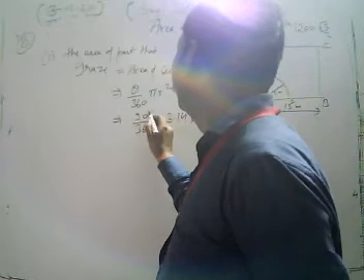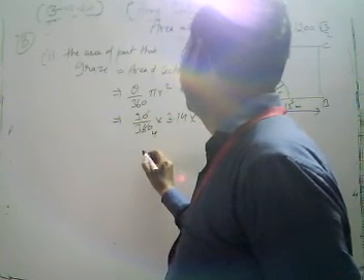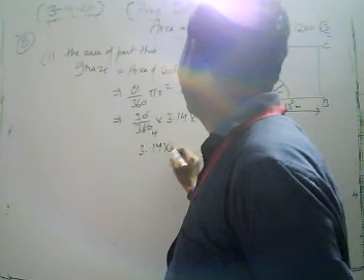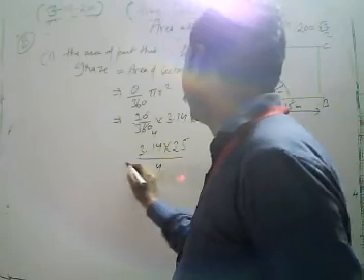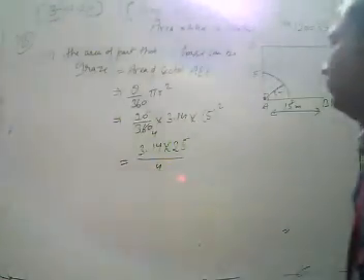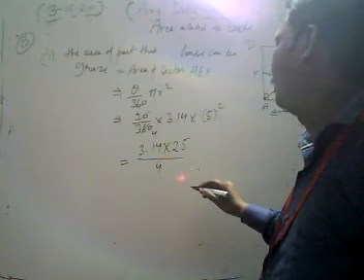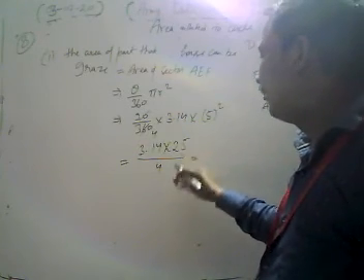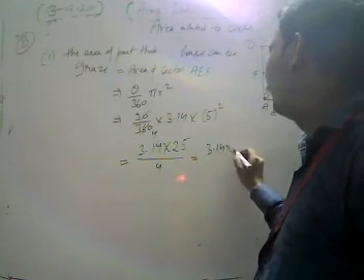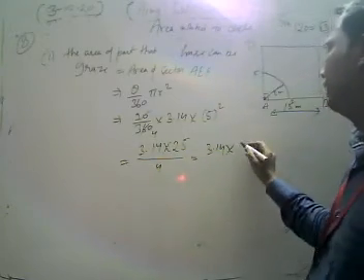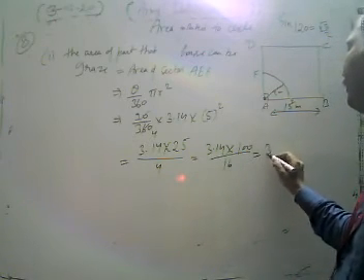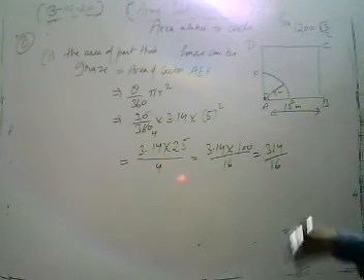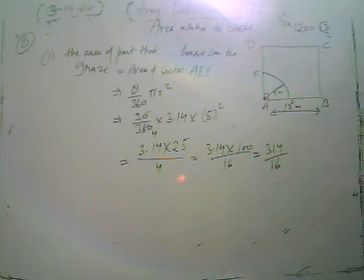Now 90 divided by 360 gives 1 by 4, we have 4 here. So 3.14 into 25 by 4. Now look, what do we do? We multiply 3.14 by 25, we get 314 upon 4 into 4 is 16, 100 upon 16. Then we have 314 upon 16. Now how can we get the area of graze? Now we have to divide by 16.